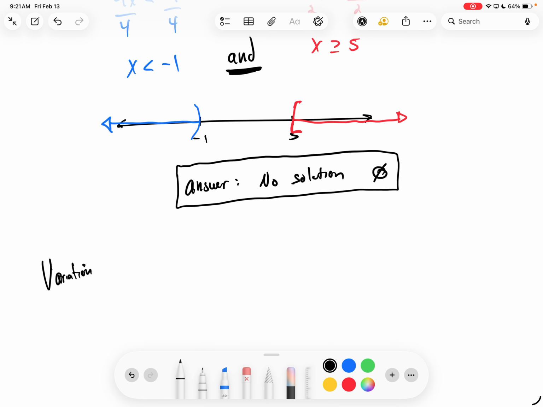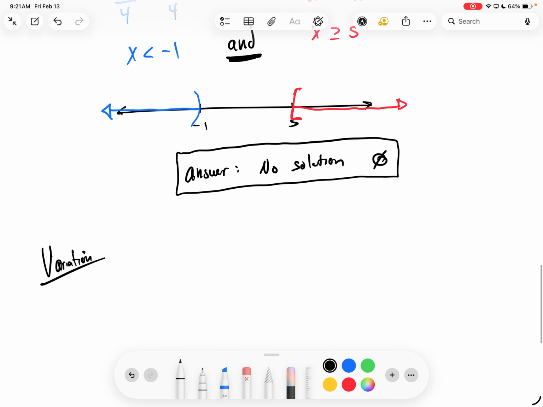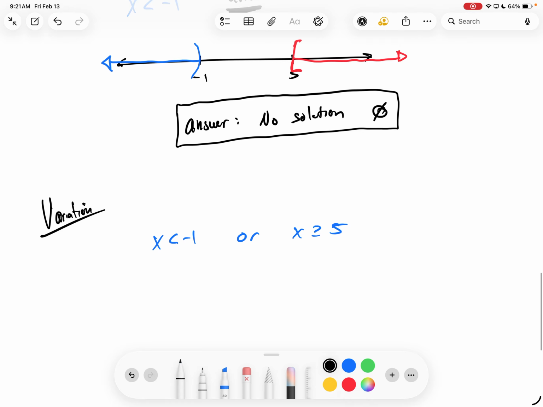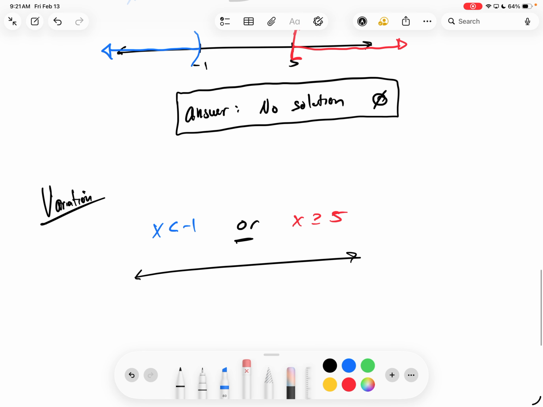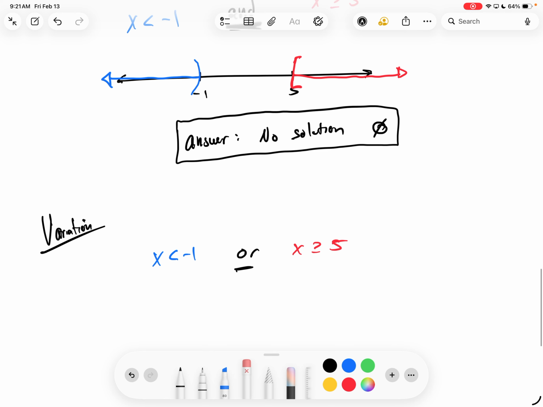Let's say you came down and you ended up with those. We can do those same numbers. X is less than -1 or x is greater than or equal to 5. If you had or, okay, graph this again real quick. Actually, let me change this to red so I can talk about my colors. Okay, if you had or on this one, I guess I don't need to graph it again. I have my picture right there. If you have or, and I look back up here,